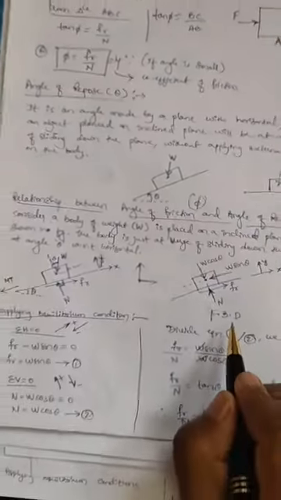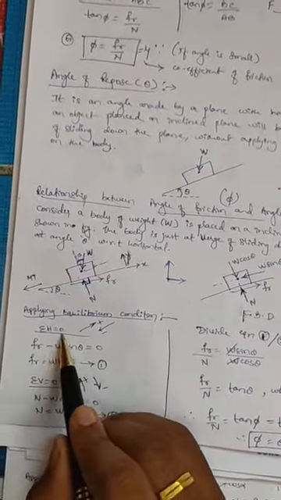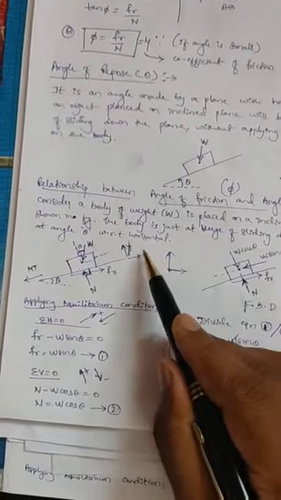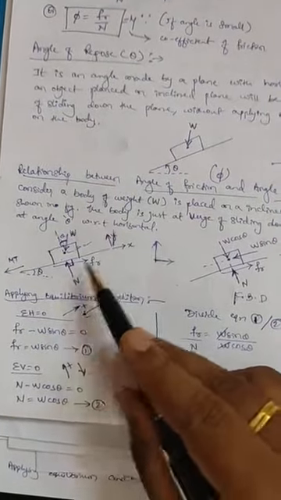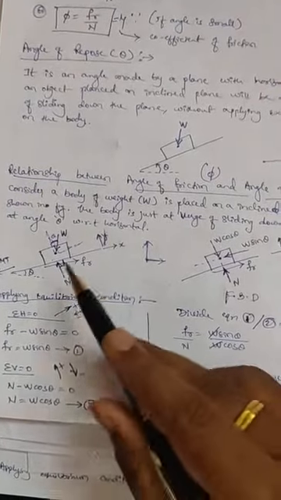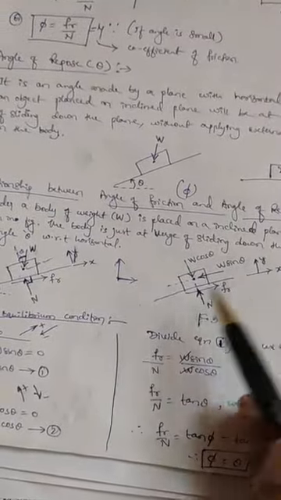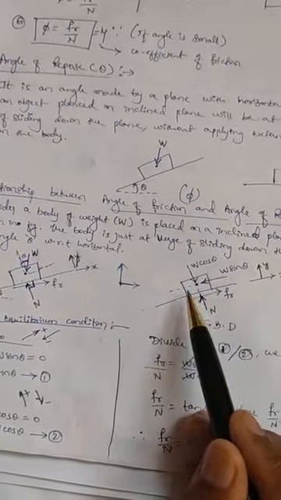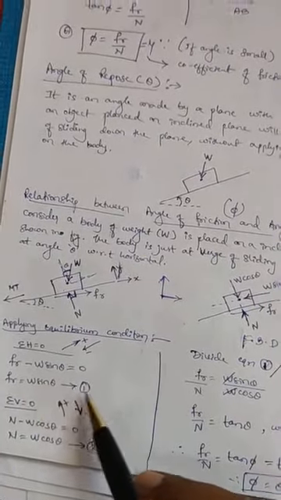Now I will make use of this free body diagram and try to apply the equilibrium condition. Applying the equilibrium condition, we are supposed to apply summation of H is equal to 0. In this case, parallel to the plane upward is positive, parallel to the plane downward is negative. Here I have written upward positive, downward negative, parallel to the plane. The plane is inclined, so x will be inclined, y will be inclined, like this, along this plane. Look at here, FR is acting upward, so it is plus, whereas W sin theta is acting leftward, so it is minus. So we arrived at FR is equal to W sin theta, equation 1.